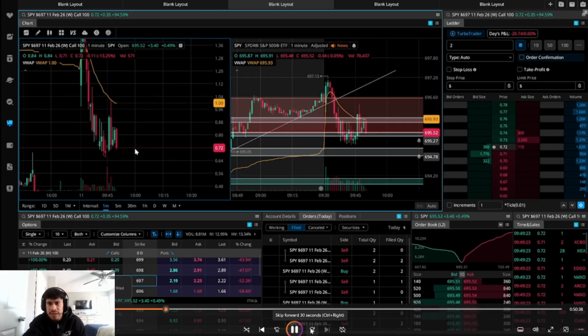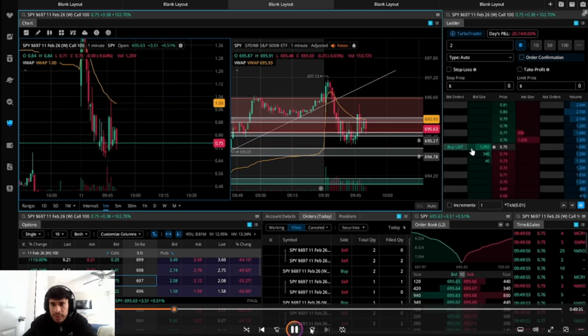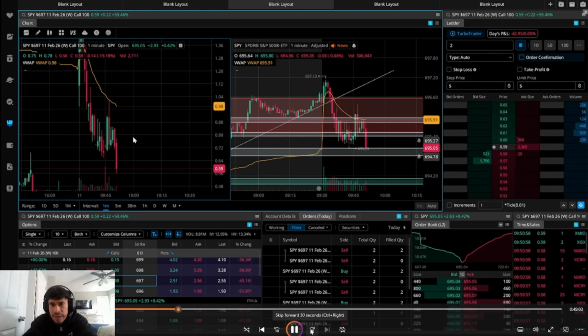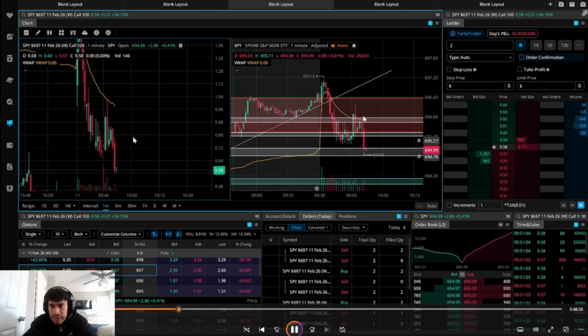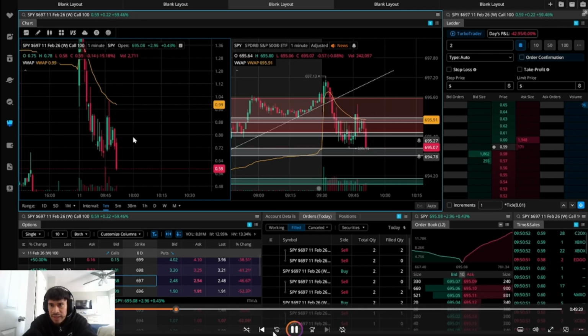And it's just not working out. It didn't work out, right? Sellers took over in this area. This area that was previously being rejected was being rejected again, and then it had pretty much more aggressive selling than